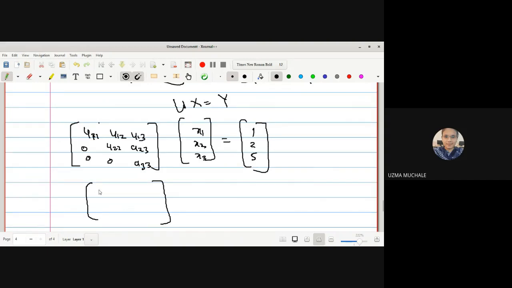Now you can solve this system if you know the values of these terms. What is u11? It is 1, 1, 1, 0, 0, 0. Tell me what is u22 we have obtained? u22 is minus 1, u23 is minus 5, u33 is minus 10. Okay. I am relying on you because I have also not solved this one.